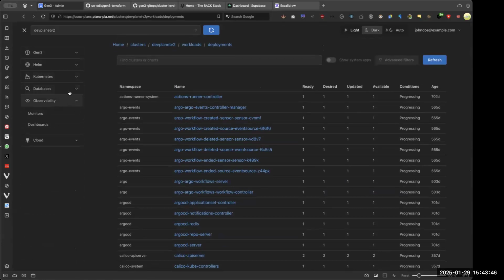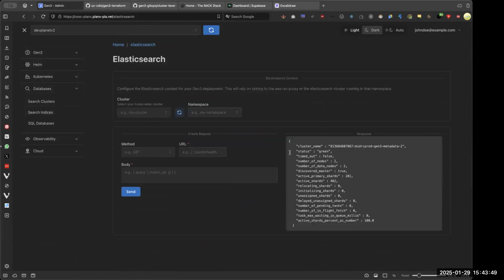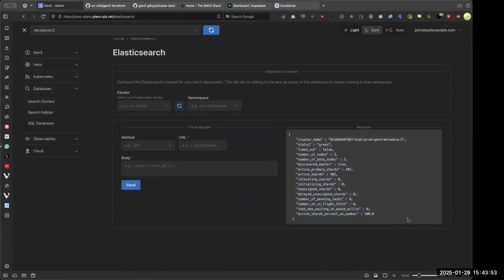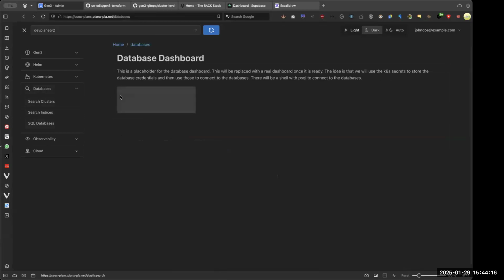I've added some mock pages for integration with Elasticsearch, which is a core component of Gen3. You can go in here and get at least some sort of overview of what your cluster is looking like. And maybe we can also integrate tools like Kibana so that we give the administrators of Gen3 a nice view into whatever is going on in the back end of it. And then obviously building in the integrations with Grafana and everything. This becomes the one place to deploy your infrastructure from, but also to deploy and manage Gen3,